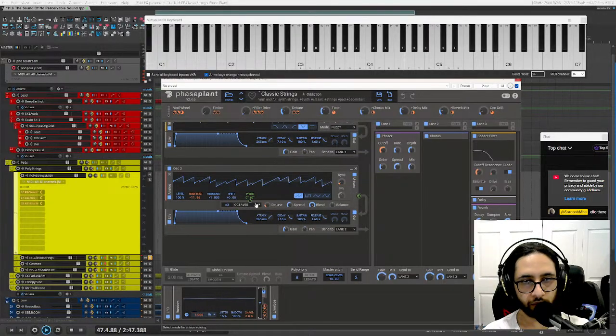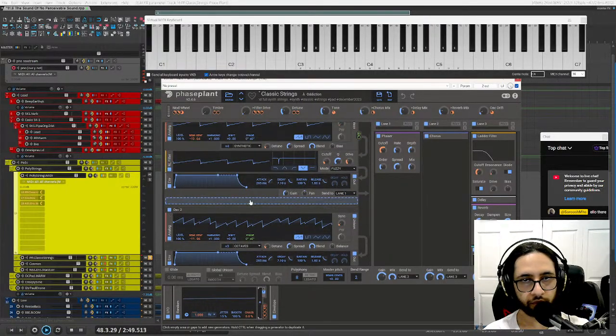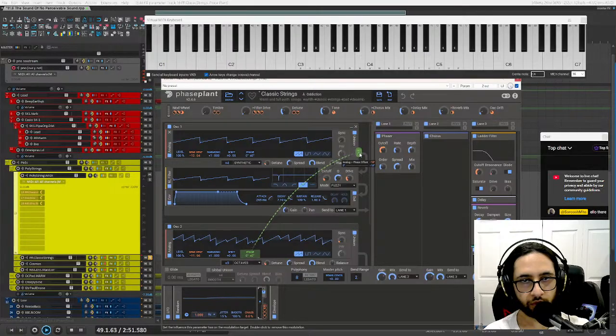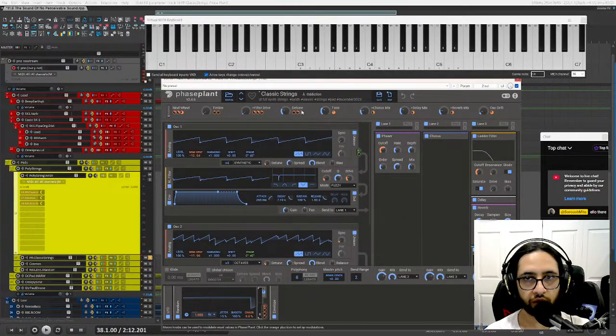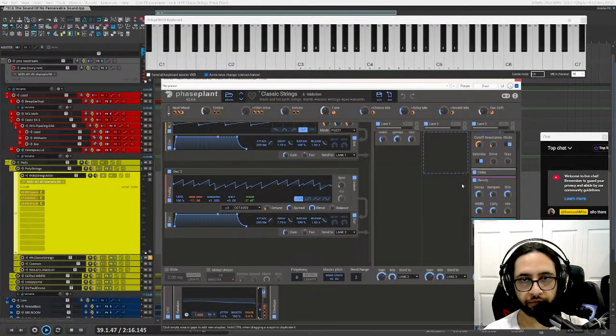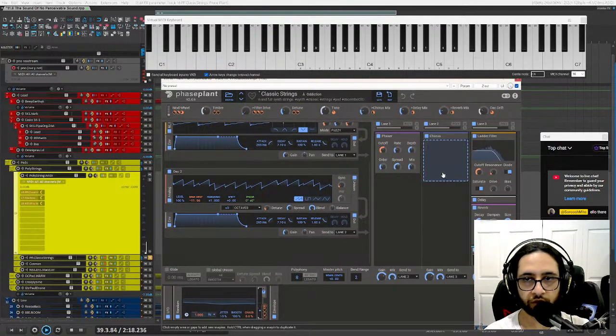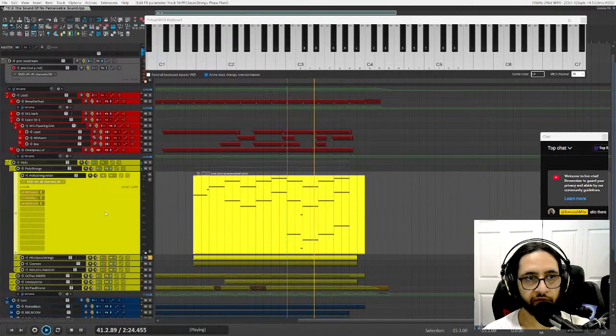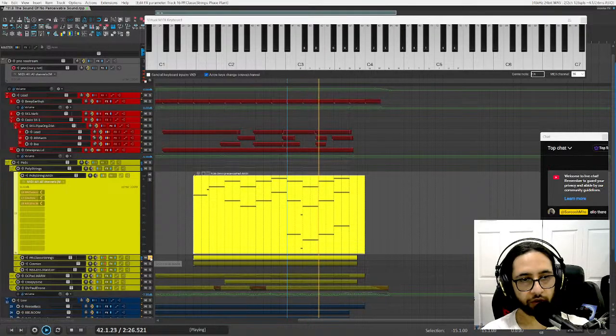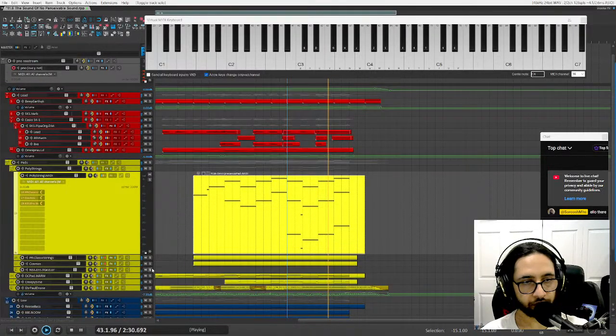Oh, and looks like one of the saw waves is FMing the other one. Then we've got some overdrive and phaser, plus delay and reverb. So pretty simple sound. I could have made this honestly, but I found this one and it sounded good, so I just used that.